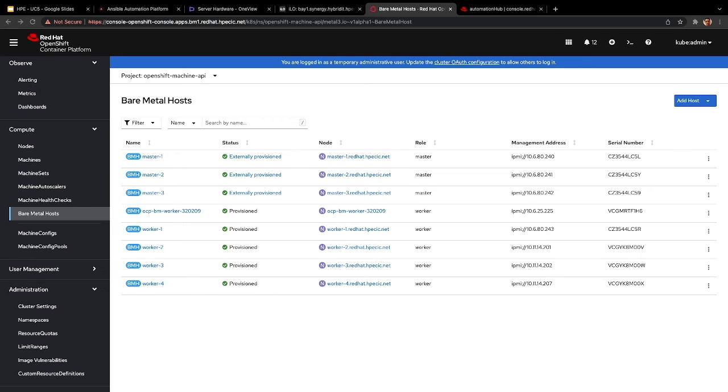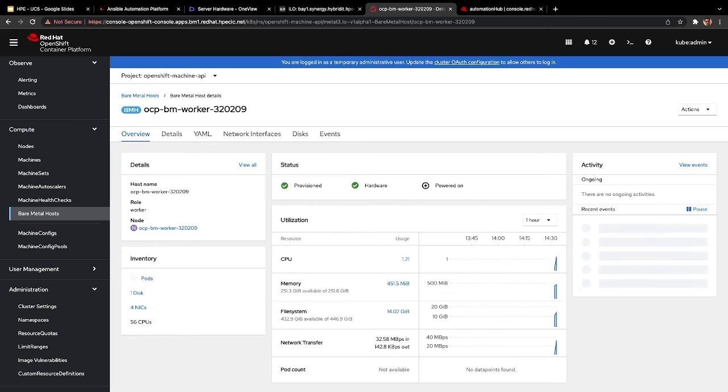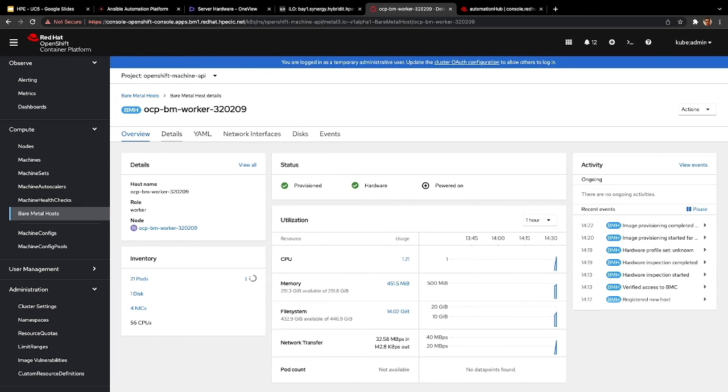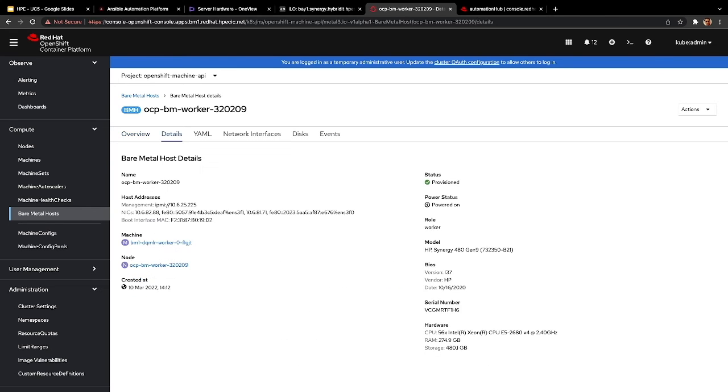If I click on it, I can see different information about it. I can see the model of this server, in this case an HPE Synergy Gen9. I can see the status, and the state of the server is power on, and several pieces of information about the hardware: number of CPUs, amount of RAM, storage.